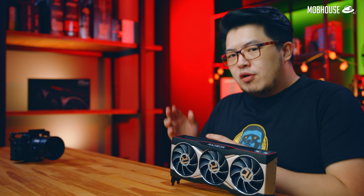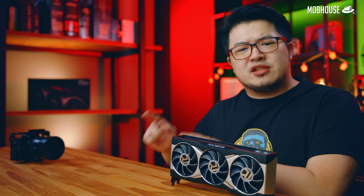In conclusion, AMD is definitely back in the game, and while they do not have a flagship that can dethrone the RTX 3090, they've definitely ventured a lot further out of their comfort zone with the RX 6900 XT that was launched much higher than their previous flagships in the past couple of years at $999 US, namely compared to the RX 5700 XT that was priced at $400 US, as well as Radeon VII at $700 US. I can't help but be hopeful that this could be the turning point for AMD GPUs, as observed with their first-gen Ryzen processors,